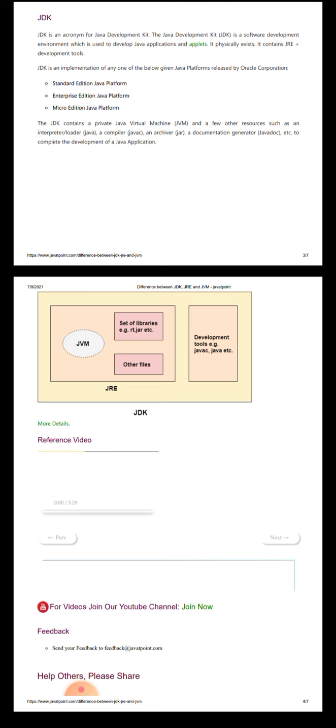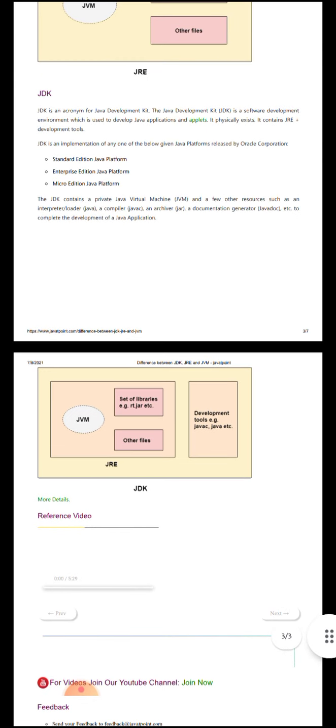To run any Java code, JRE is the minimum requirement. In order to open any Java application, you need a minimum of JRE, that is JVM plus library set. JRE contains the set of libraries that JVM uses at runtime.